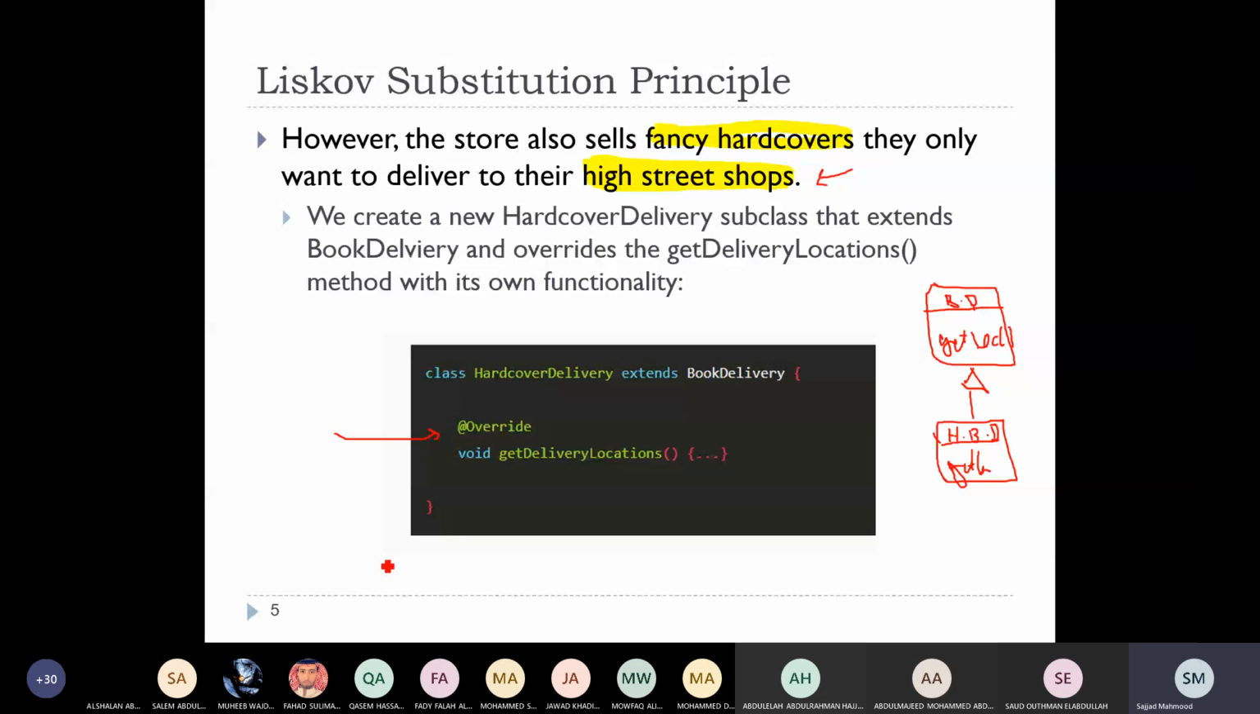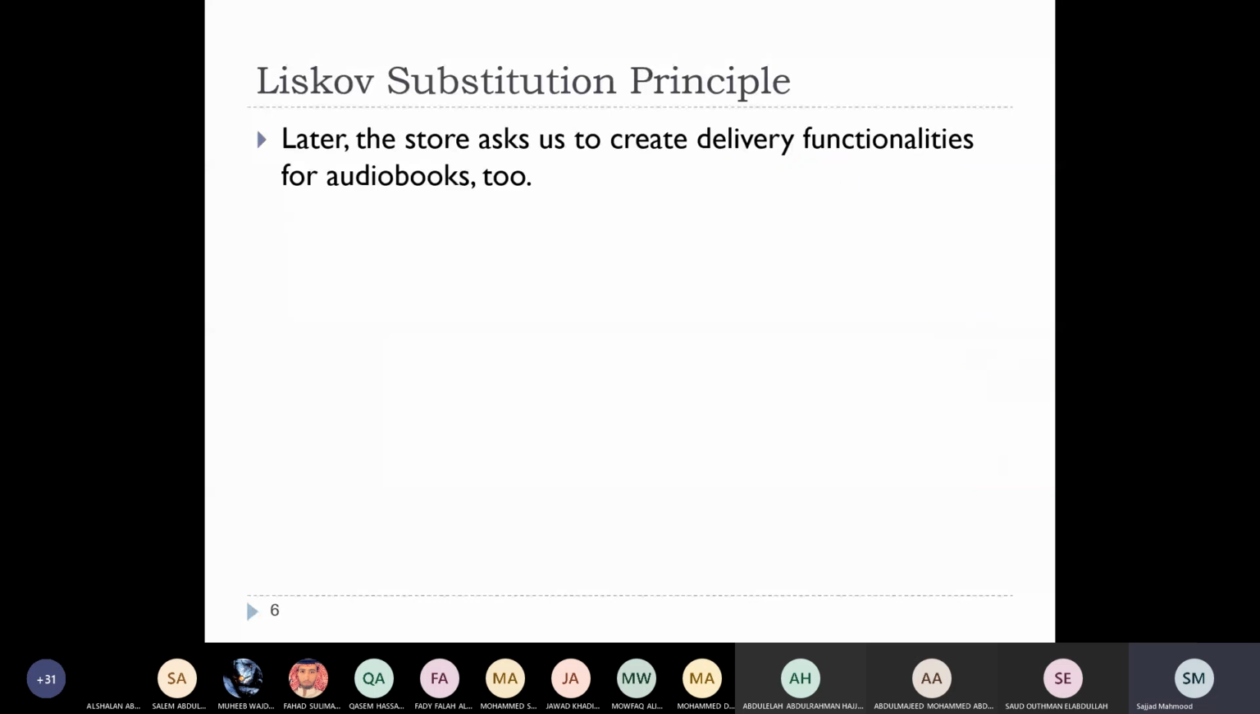It's actually a valid suggestion, but I'm deliberately coming up with a solution here just to highlight what the issue is with the Liskov substitution principle, or how we actually tend to violate this principle very commonly. So I said, okay, hardcover delivery, I'll just go in and extend it, and I will override it, no problem whatsoever. But later on,